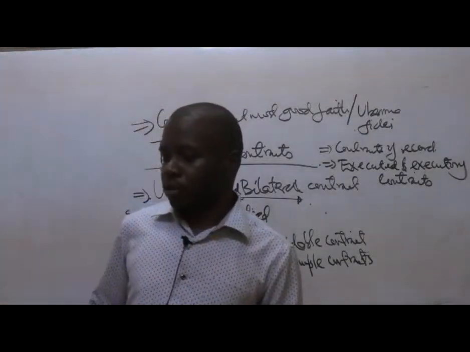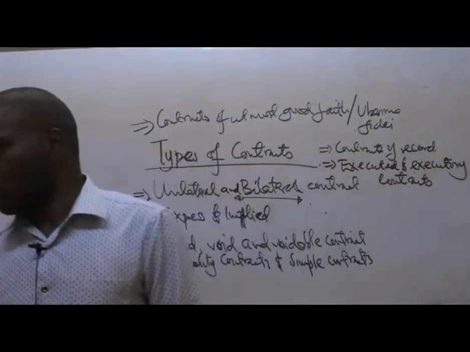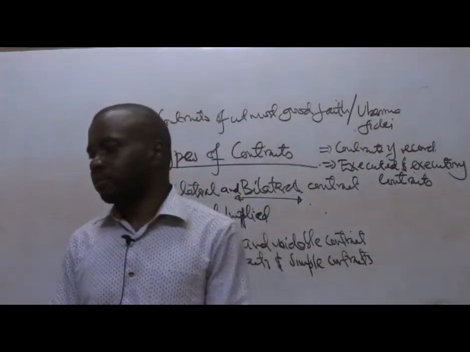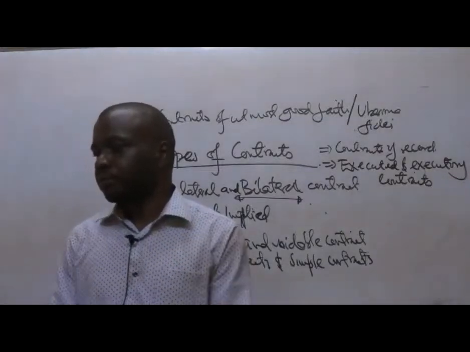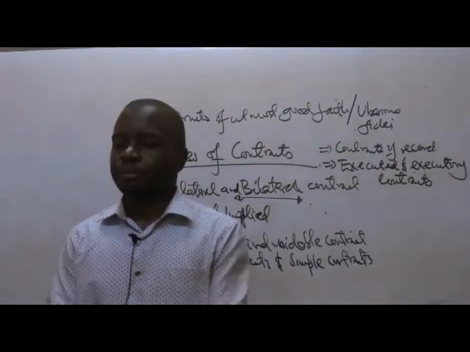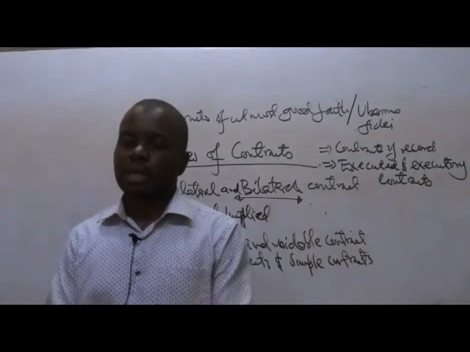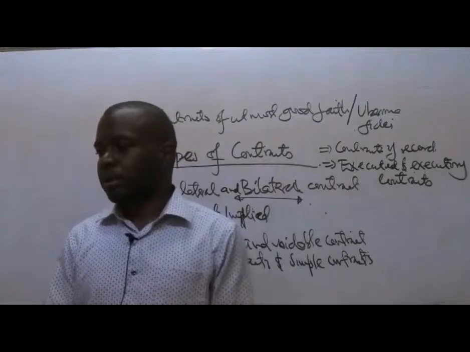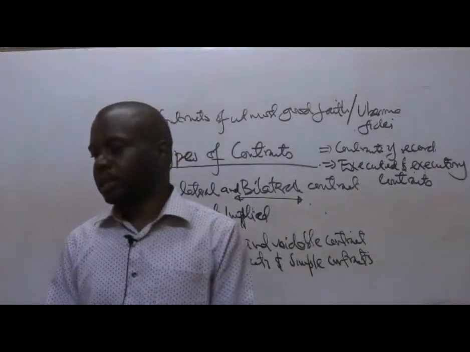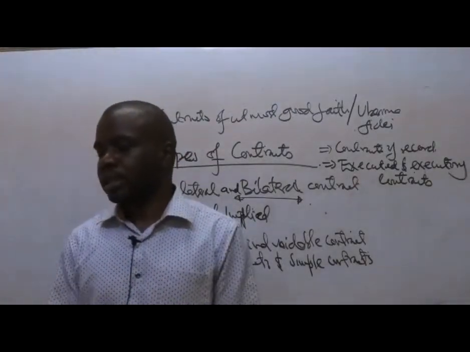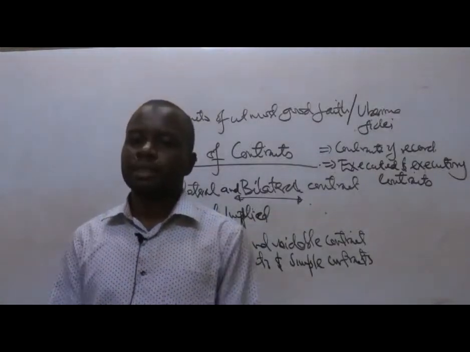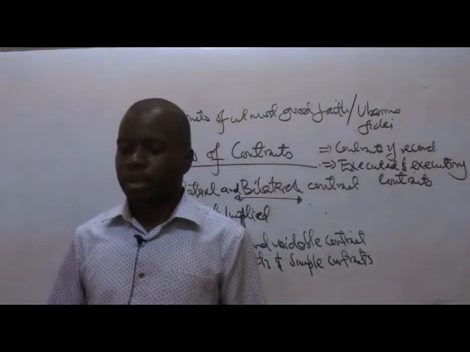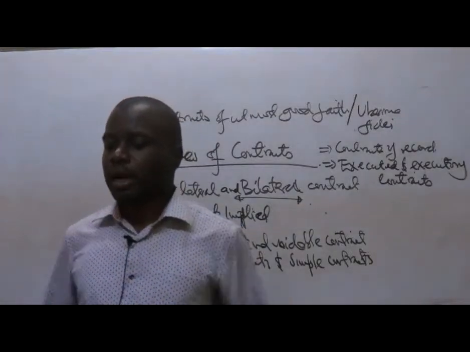Then you have an express or implied contract. An express contract is one in which the parties specifically agree about the nature and terms of their relationship. In this case, the terms are very express. They come from the parties. An implied contract is basically a formatted contract that is expected to be in a particular format. So you can't change that format. There's a standard way of how that contract is normally carried out.